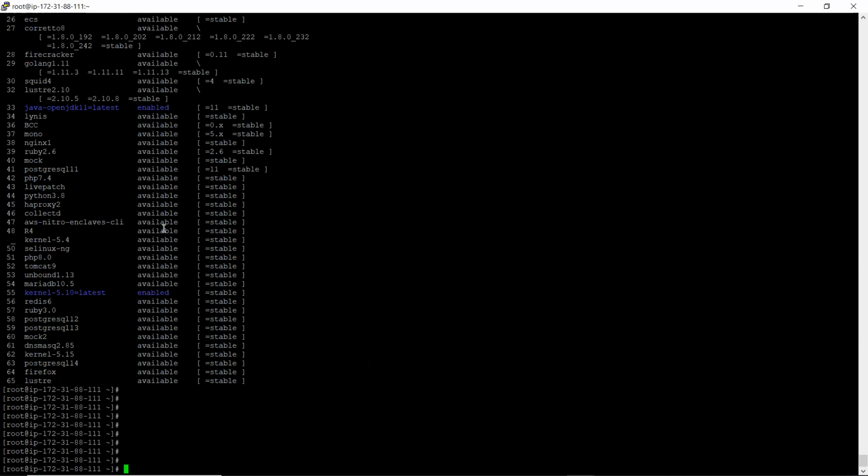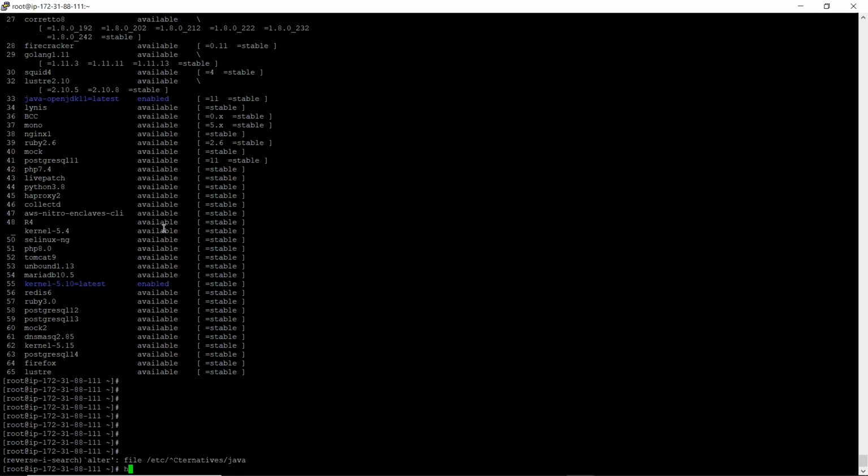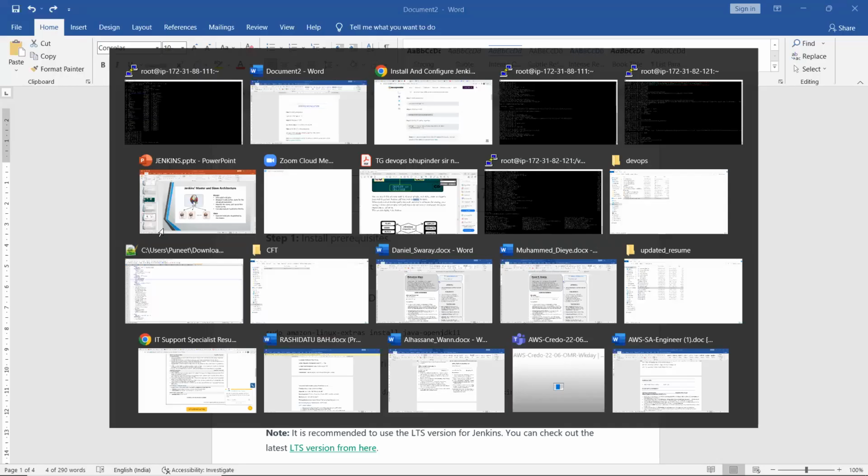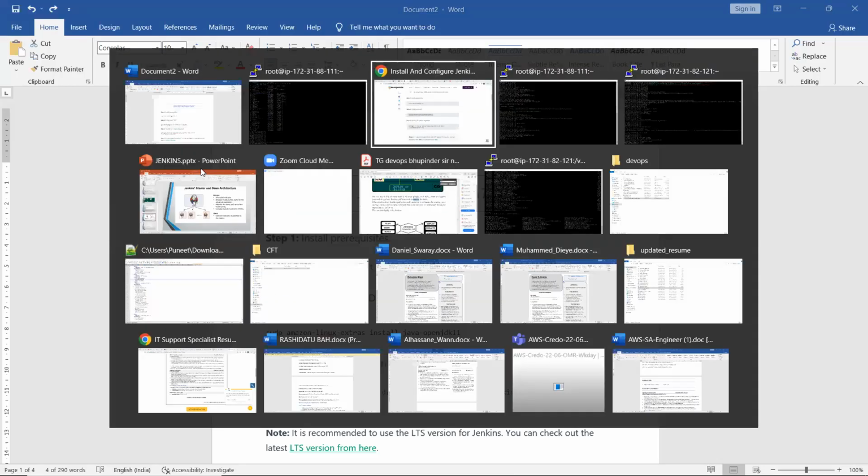So now what I have to do is check alternatives again. Other command. Command was